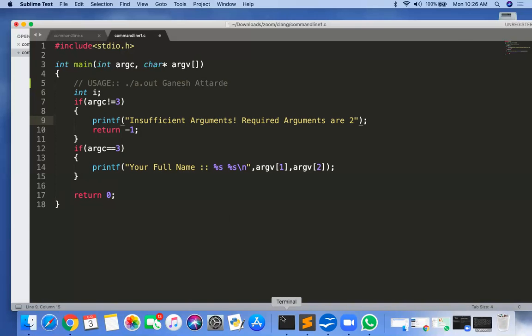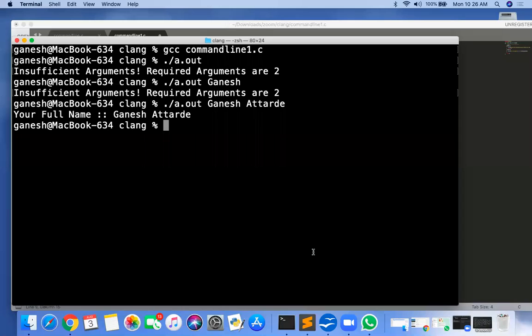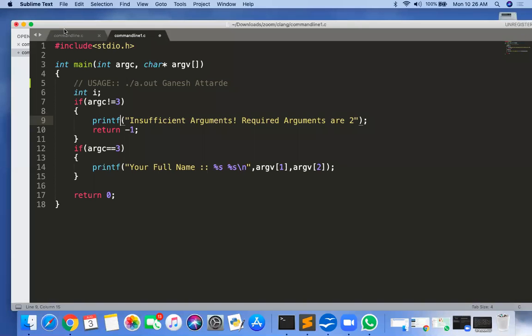So on the command line in Windows, you need to type HELLO, which is your exe file name, and whatever arguments you want to give, just give them here and press enter. A.out is in Linux or Mac, and the exe file is in Windows.